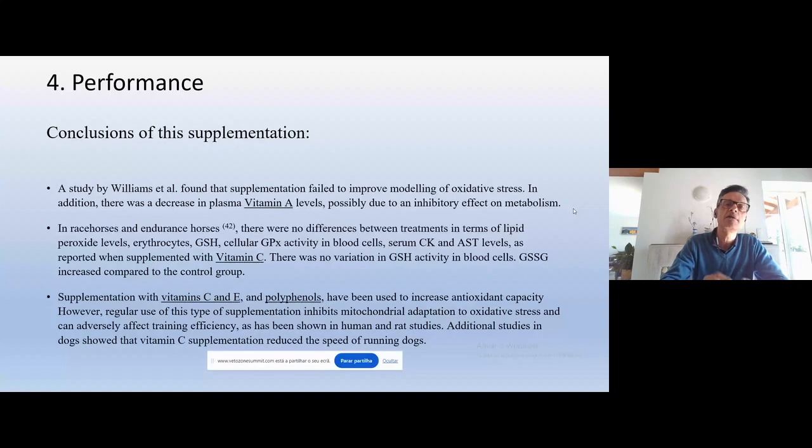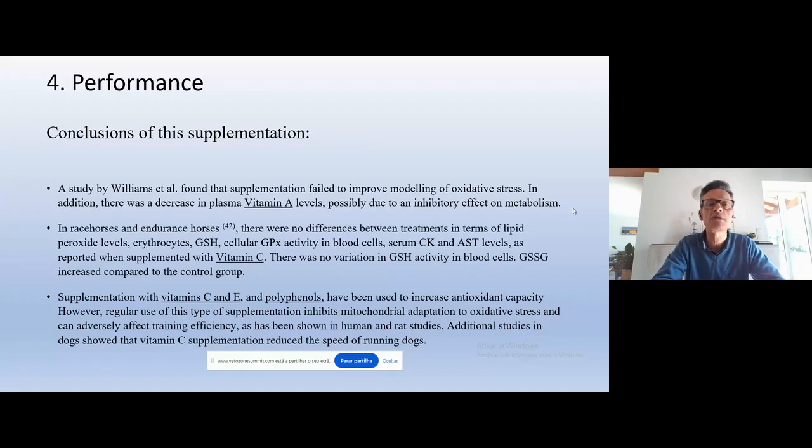But mainly the conclusion of this supplementation, I think the slides will be available. You can see the references and what I wrote more calmly than I'm doing now. This supplementation with vitamins and antioxidants didn't prove until now to change anything, performance,